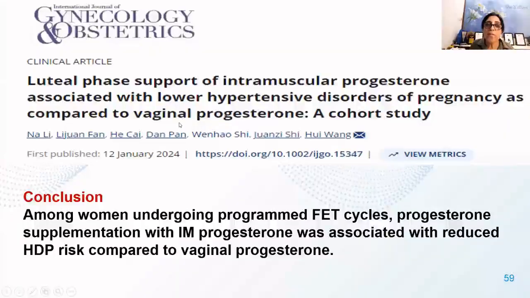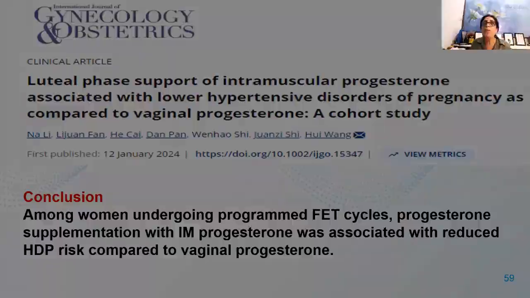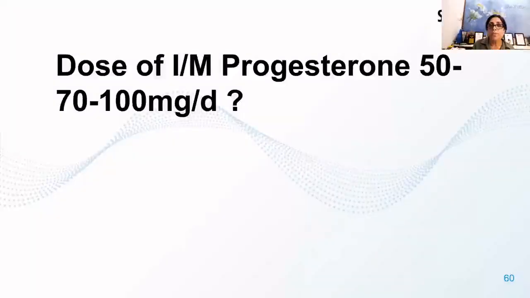And it could be also because, in our practice in India, you can share your viewpoints, but we have compiled our data and seen that whenever we use an artificial cycle, the incidence of hypertensive disorders of pregnancy was not significantly different from the natural cycle. It could be because of the intramuscular progesterone. I don't know. I would like to have your viewpoints on this.